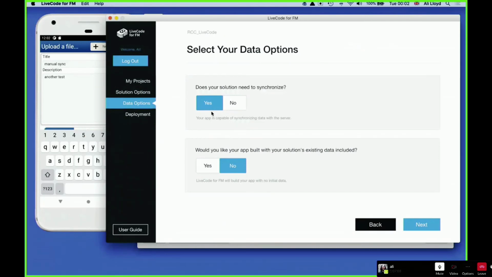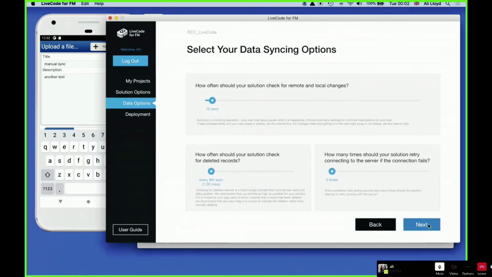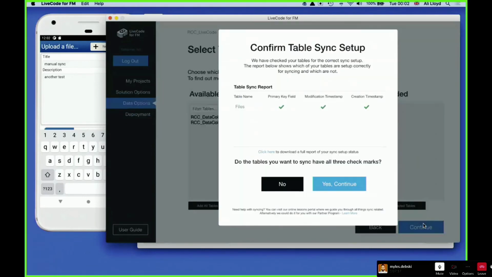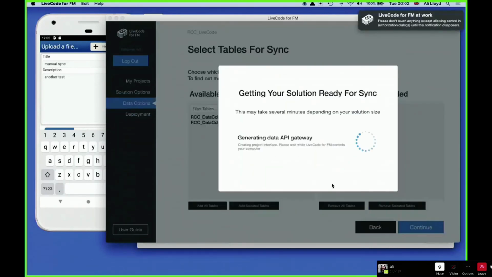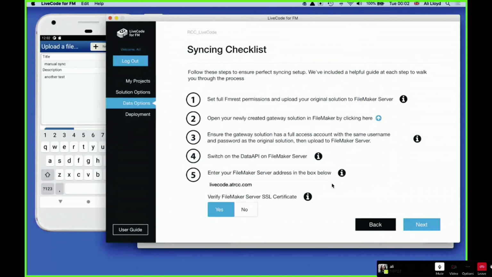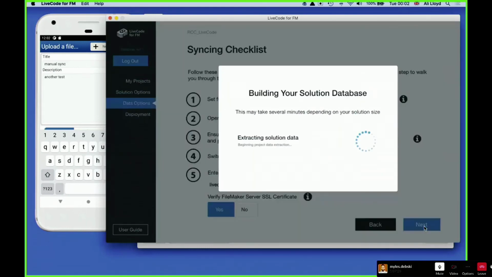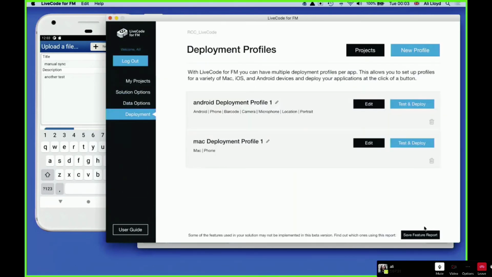So we do want to synchronize. We don't want the existing data included. That's fine, yes. So this is actually using the same hosted solution and gateway as the original version of the app.